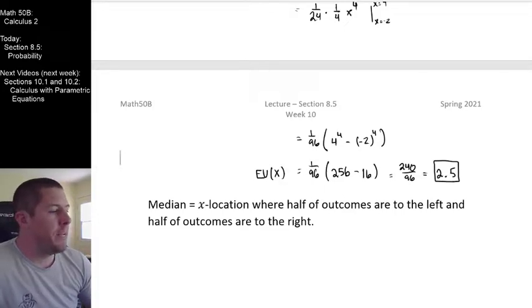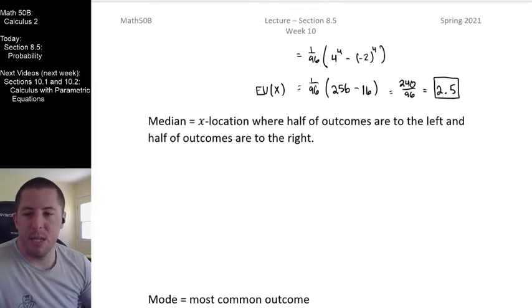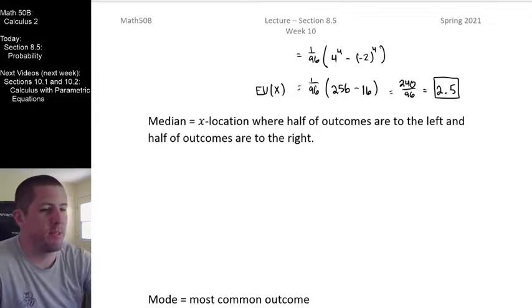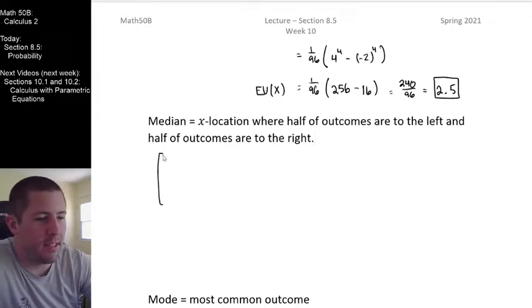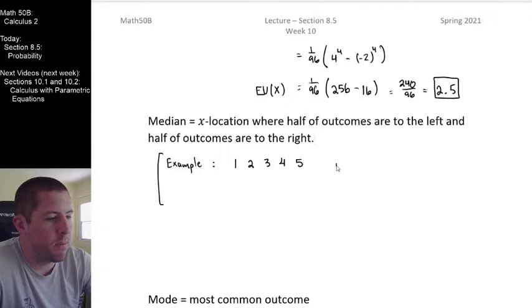Now, let's talk about median, because median is very closely related to average, but people make lots of mistakes with median, and we want to make sure we don't make those mistakes. So let's briefly look at an example so that we all see the important distinction between average and median. I'm going to give you two distributions here, and we're going to ask the questions: what's the mean and what's the median?